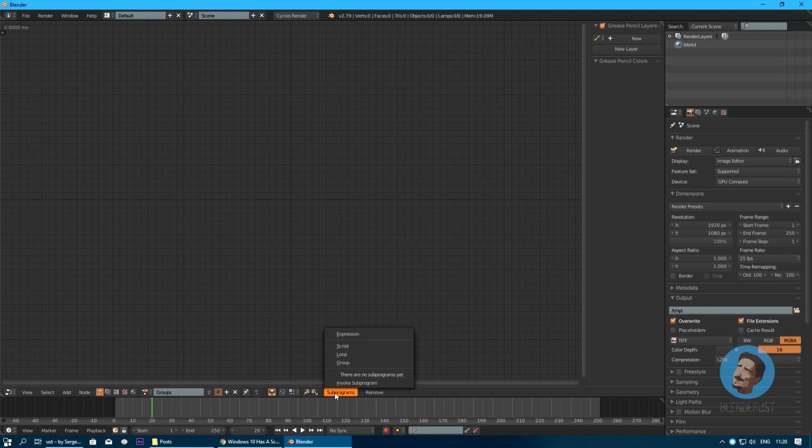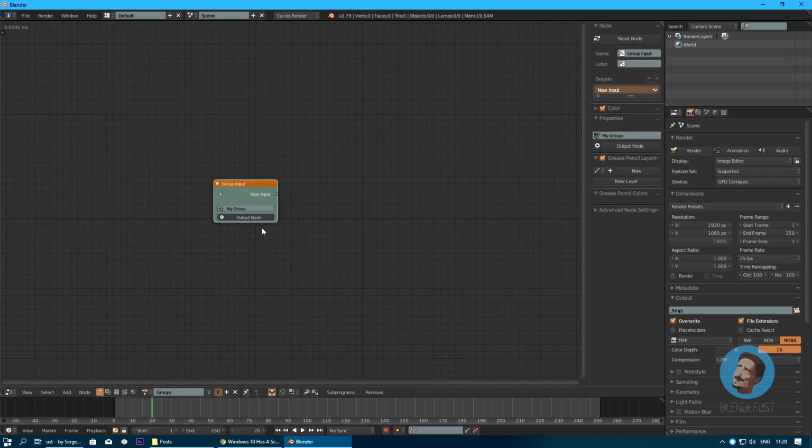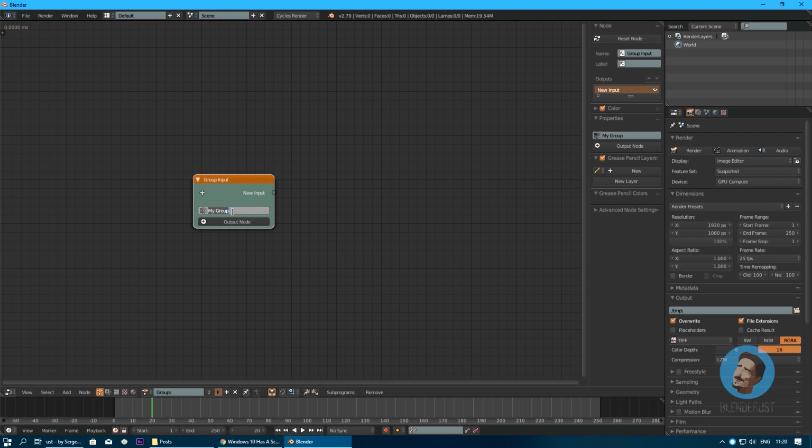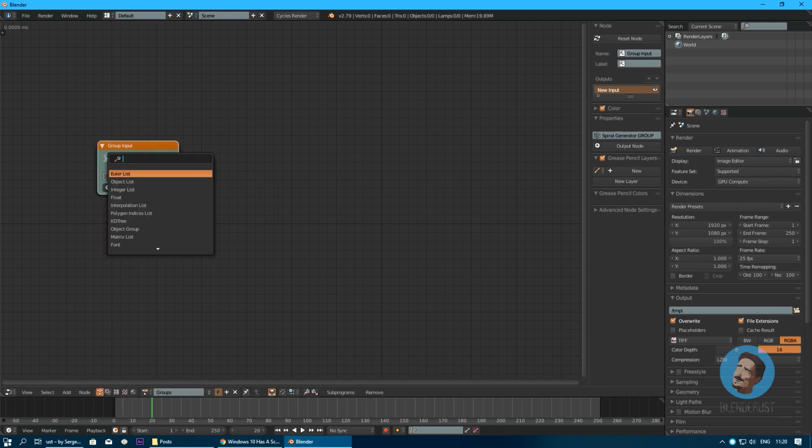So we're going to start with creating a group subprogram, which actually generates our spiral geometry. And this is an essential thing to understand, that you can actually create new geometry with animation nodes, even without dedicated kind of generator nodes. So we're going to call it spiral generator group, and we're going to need a few input values, which is going to be